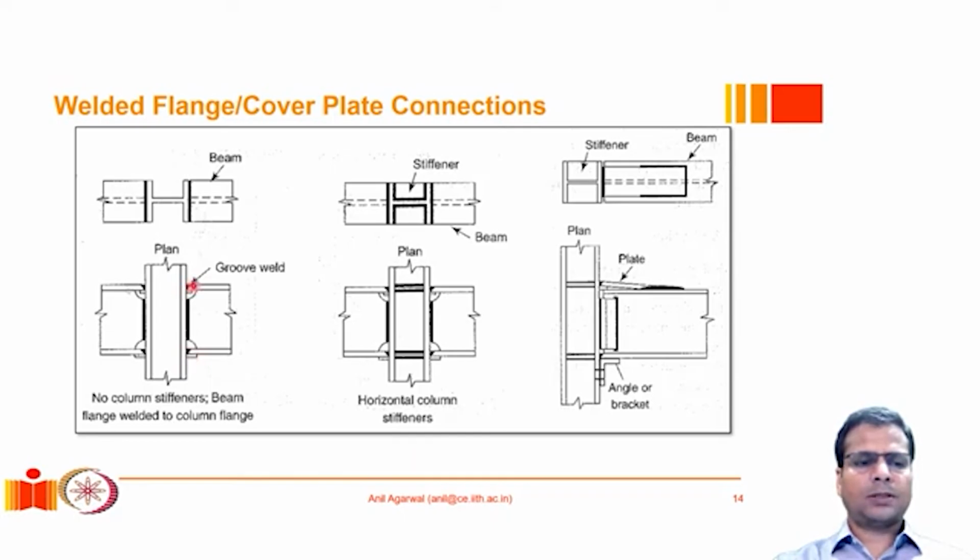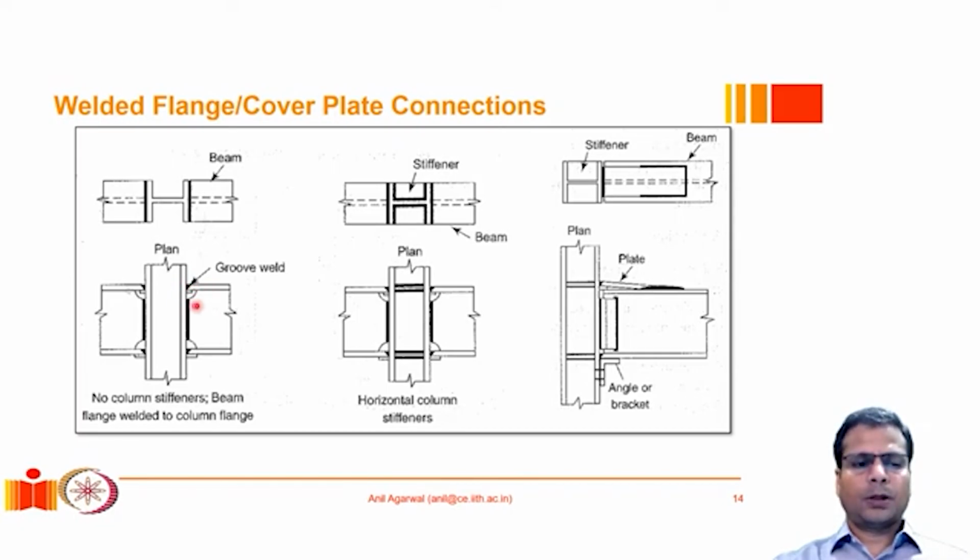Now a couple of things you might notice is that on the top side there is a bevel in each flange which is groove welded to the column. In this particular diagram, you do not see any continuity plates or any horizontal stiffeners in the column, but sometimes that may also be required depending on the local stresses that we are introducing in the column web and also the requirement of shear stresses in the column web. One more detail that could be of interest to us is that it is not necessary to weld the web of the beam to the column. So even though we are welding the